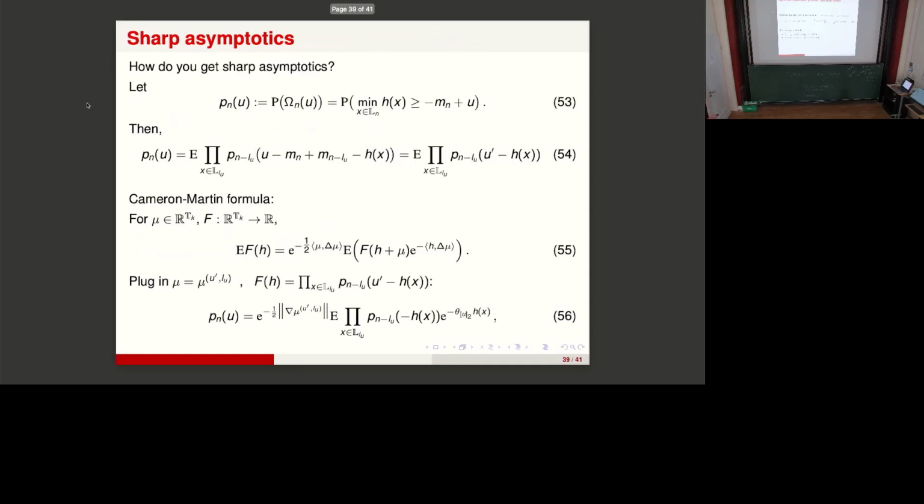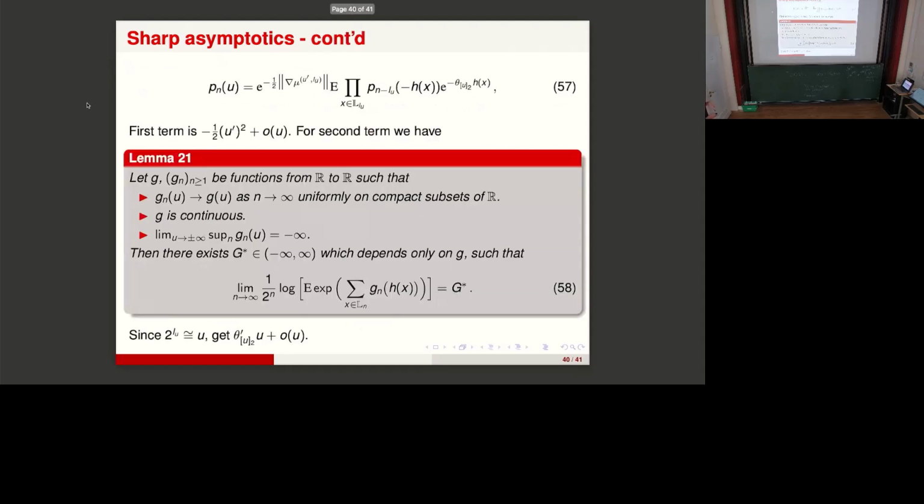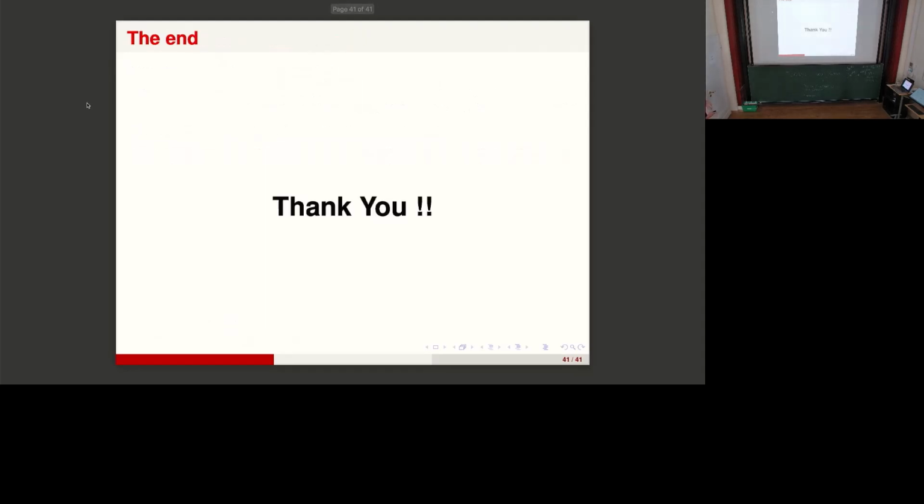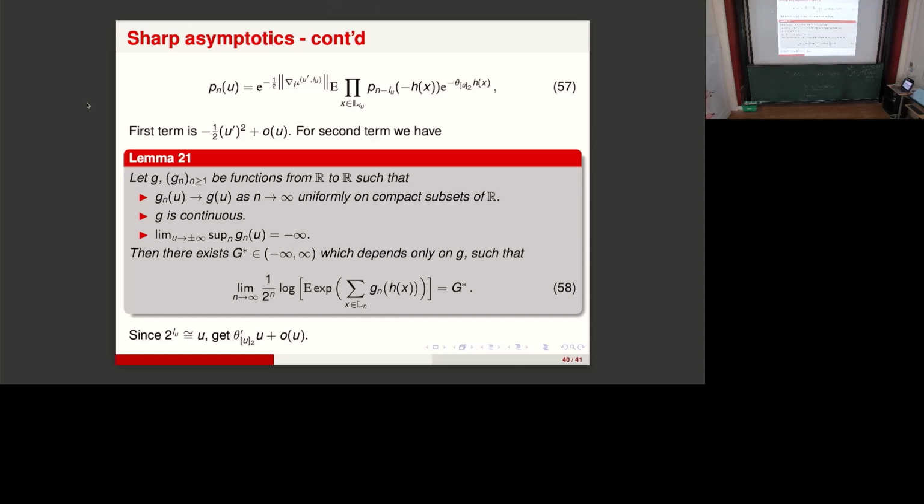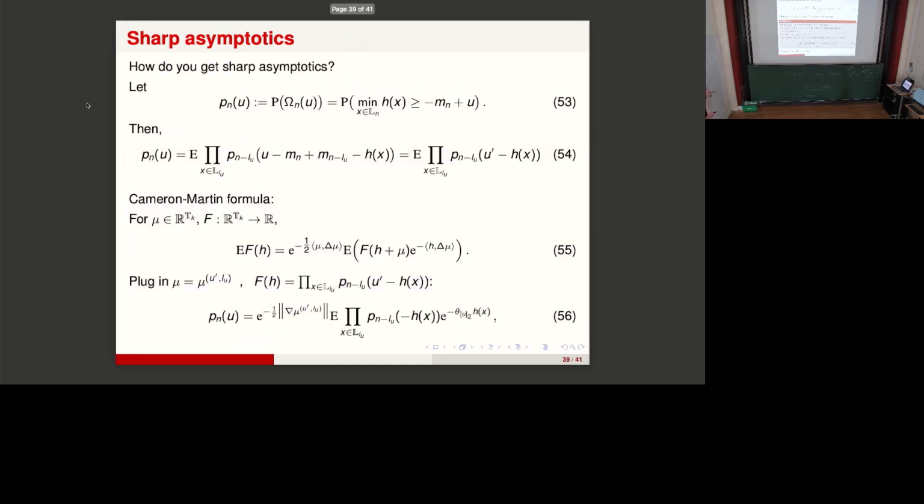And I think then you need to make this into a proof, which I'm not going to tell you, but in the end you can actually make this into a proof of the right tail. And I guess